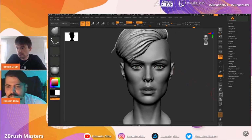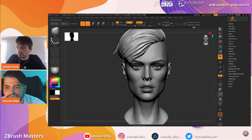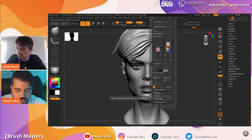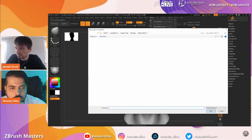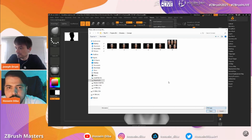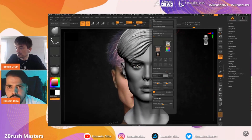Oh, I forgot to do image plane. But just to show how it's done, I change it to something around 130, and then just open my concept. Which one was it? This one. And then